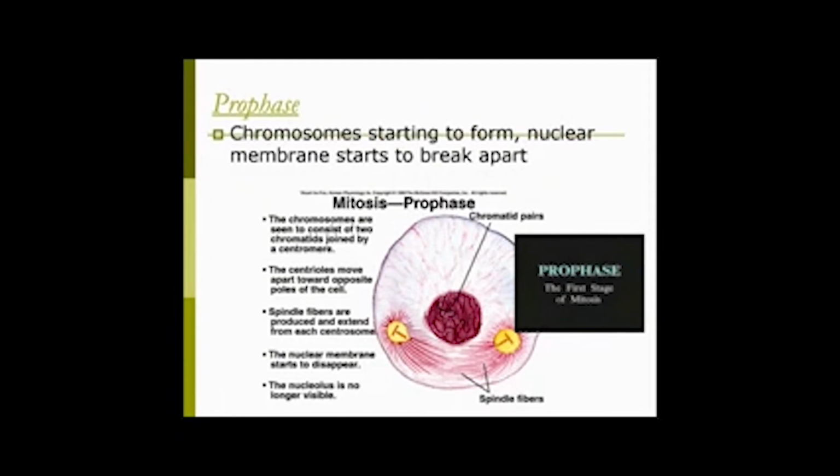Okay, so here's prophase. Prophase is when the chromosomes start to form. It's the first time you sort of recognize mitosis is happening, because the chromosomes go from chromatin into these chromatids or chromosomes, those X-shaped chromosomes. So in here, you're going to see a change in the nucleus. Also, these centrioles, centrosomes split apart into daughter centrioles, and they split apart.